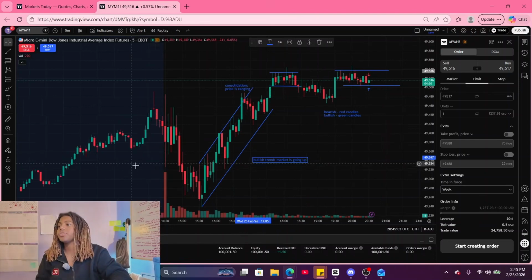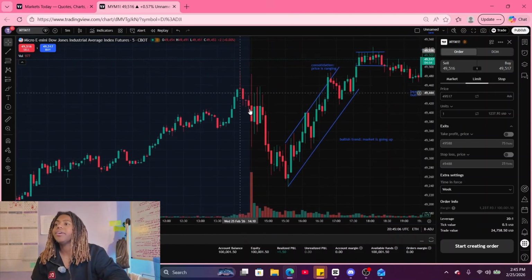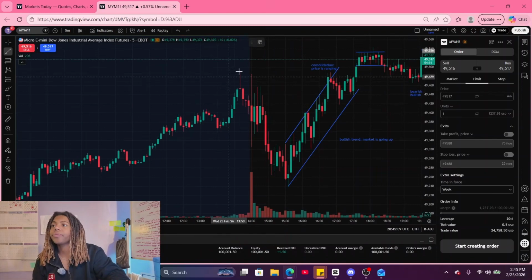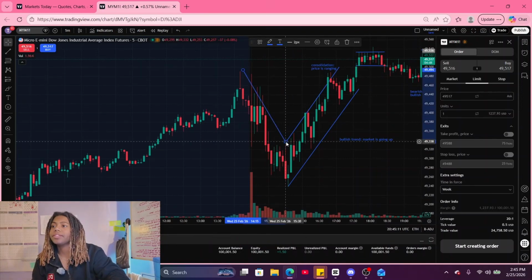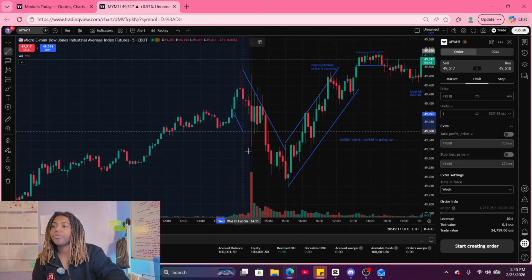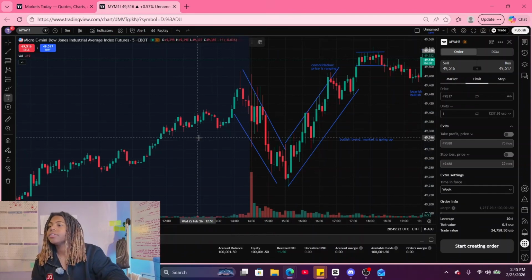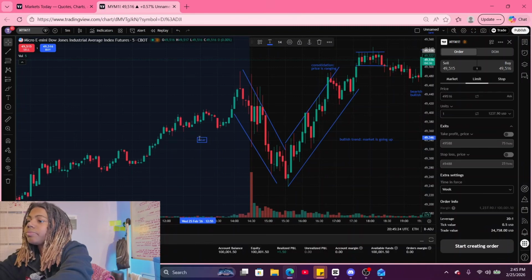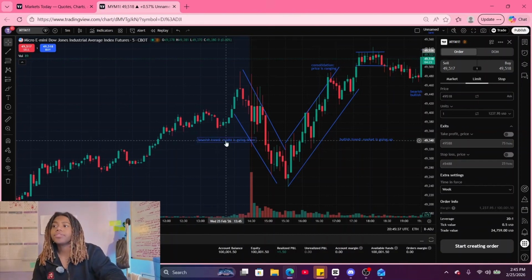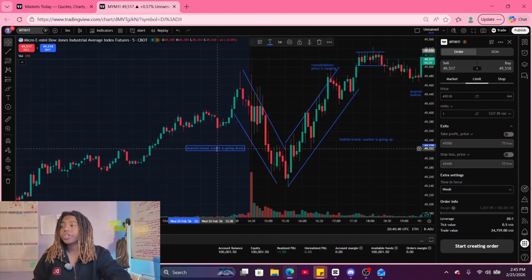Let's see if we can find a bearish one. Kind of right here below it, we can see the price moving lower. Price is moving a little bit lower. So it was more of a bearish trend right before market turned around and went a little higher. And this would be our bearish trend, and the market is going down. The important part that you have to learn when you are dealing with market structure is your